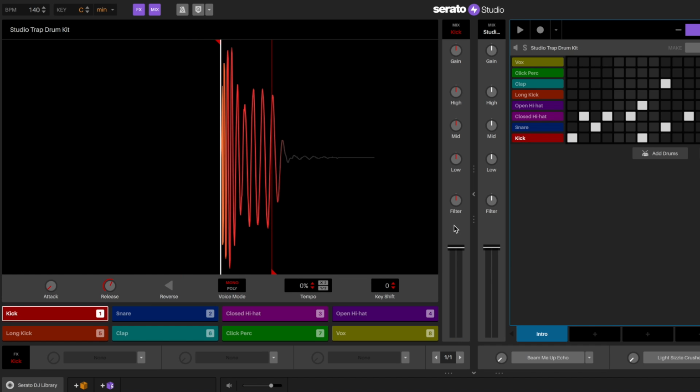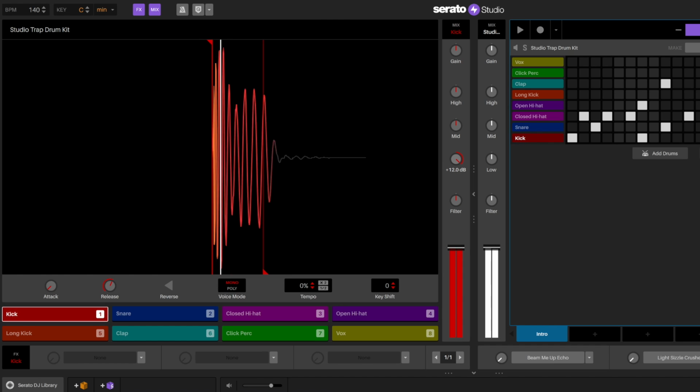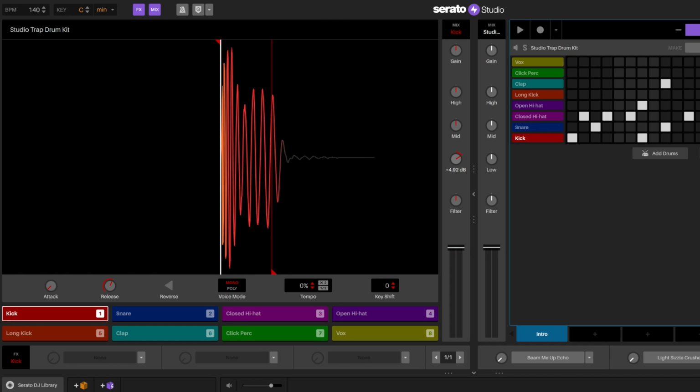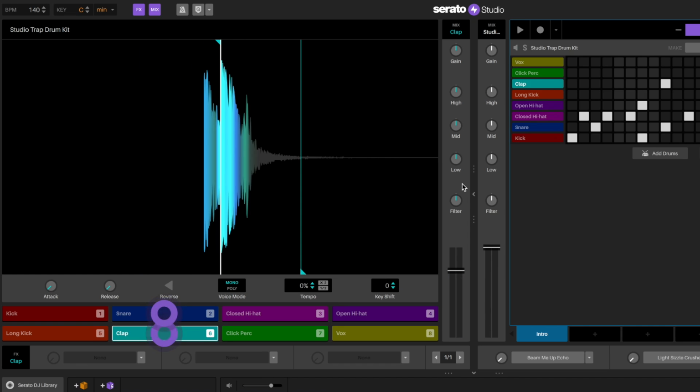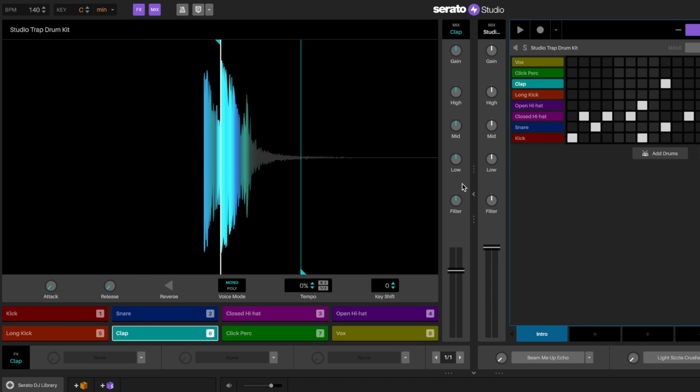It's the driving force of your drum beat, and it'll help you figure out where to put the bass line later. If you want to beef up the sound of your kick a little bit, turn up the low EQ knob like this. It makes for a thicker sound that creates a bigger impact. The snares and claps should be dry in the mix. Let's keep them short and snappy, so I'll leave them as they are.